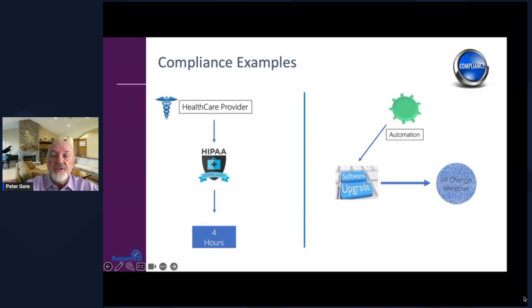Another automation issue here, software upgrades across an environment, right? So one customer, we worked with a customer, they were driving their environment. It was taking them 85 change windows to go across their infrastructure, right? Through the use of automation, we were able to reduce that down to 28 windows. I think the results here speak for themselves, right?